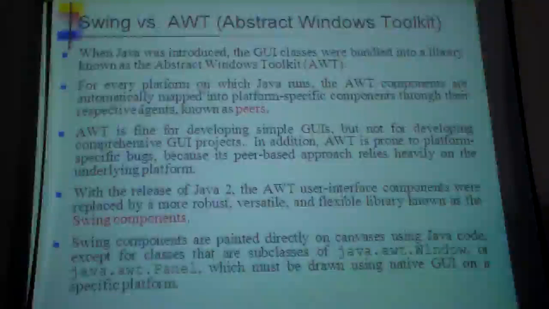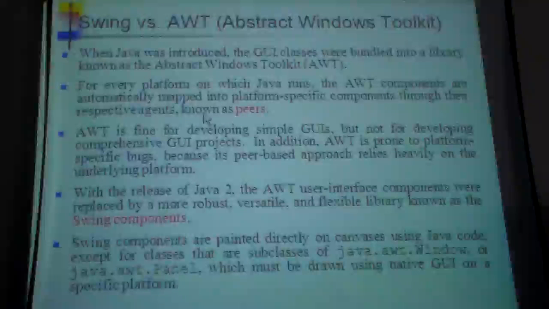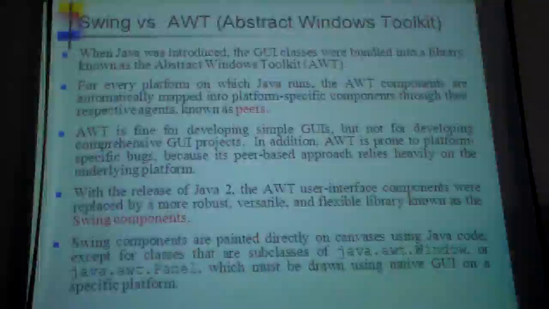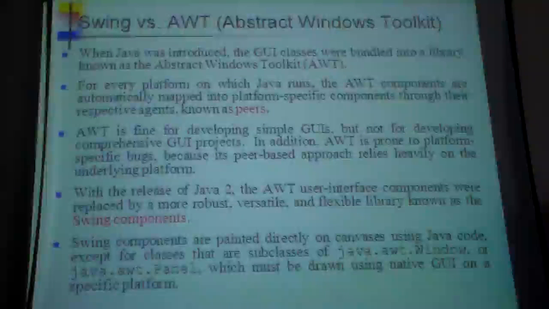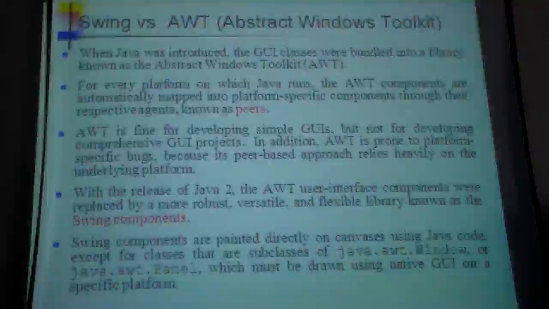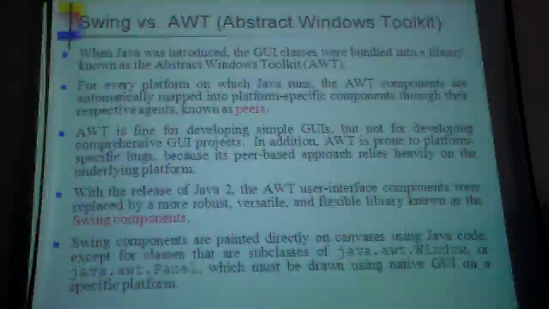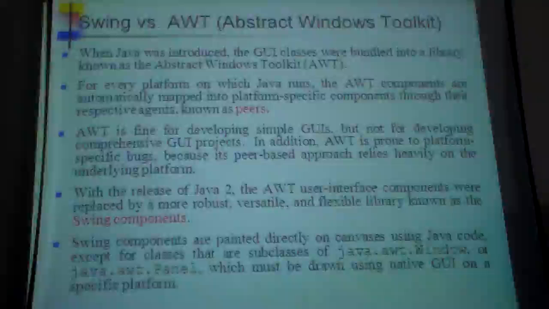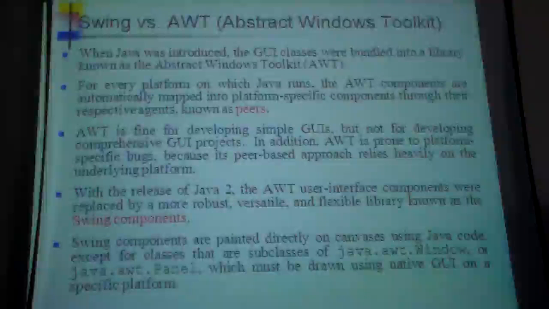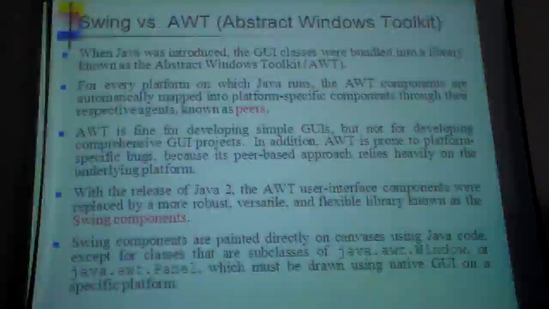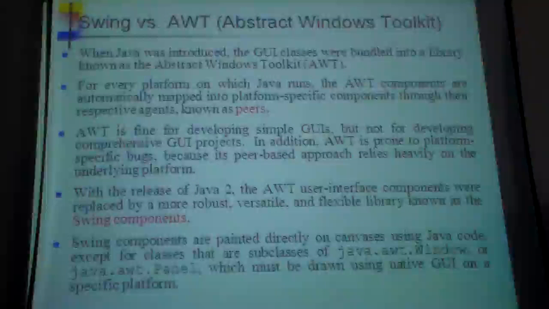AWT components are automatically mapped. When we just import it to our program, it automatically maps to the graphic user interface, and you can use the components or the classes there. But AWT, the third point, AWT is fine for what? For a small graphic user interface. But if I need to design